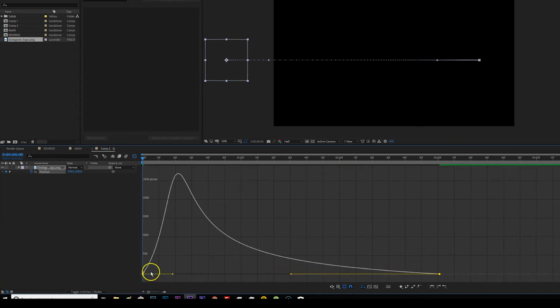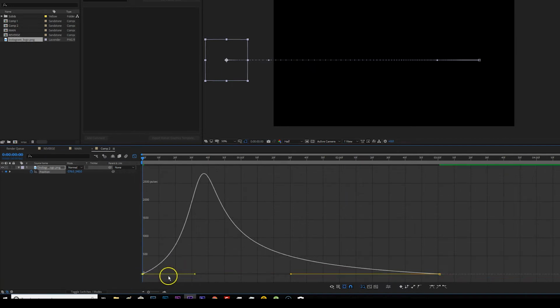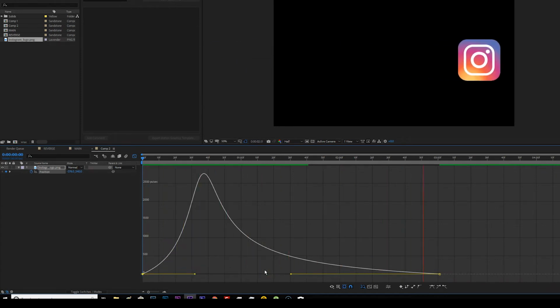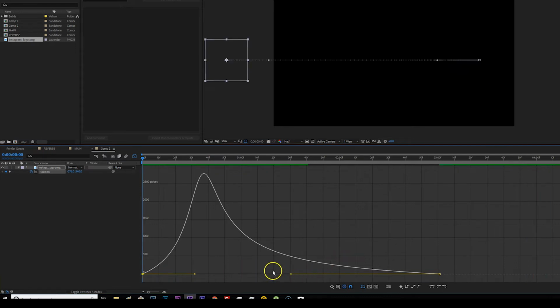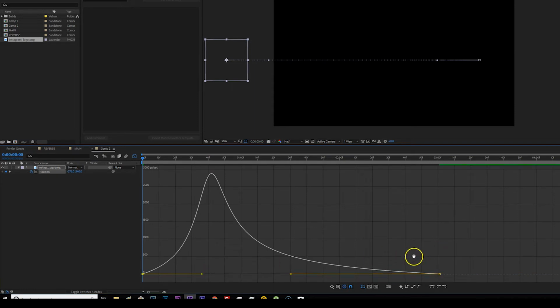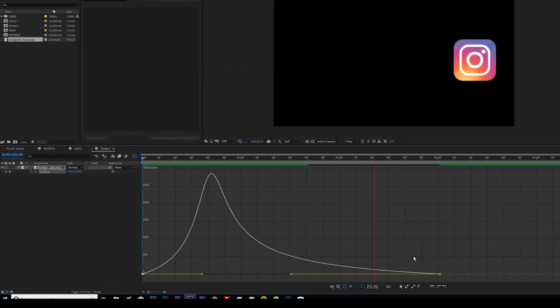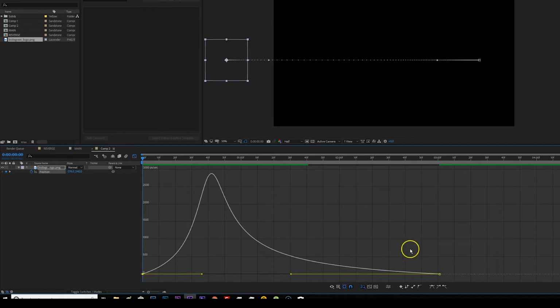So now what's going to happen, it's going to jump out a little bit faster and then just slide in a little more gradually. So let's hit play. See? I want to speed it up just a touch. Right about there. See? That's the difference when using the easy ease options to do your animations. Okay, so that's one way to keyframe and set up your animations to look a little bit smoother and nicer